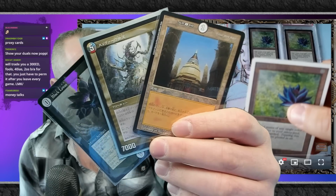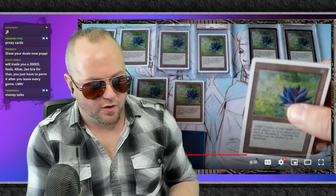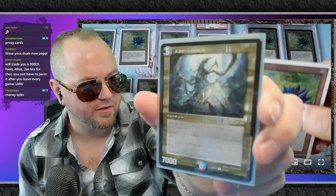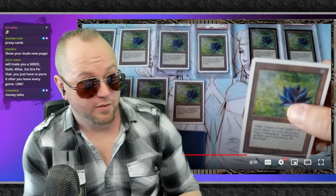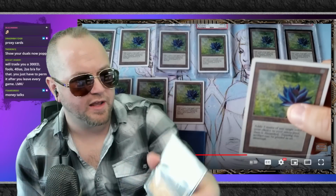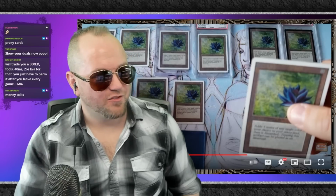All of those things are on the Reserved List, and they reprinted them in these, what are technically proxy cards. They're not tournament legal. But for all intents and purposes, if you're playing Commander or something, and you can't afford Sliver Queen because it's on the Reserved List, boom, there you go. Reprint right there that'll fit right in a sleeve, just like any other Magic card. Library of Alexandria, same thing, man. Use that for your Commander decks now. Fresh reprint. So, fun fact, Coooley was featured in Rudy's video with his Black Lotus